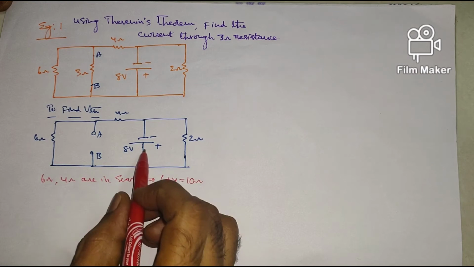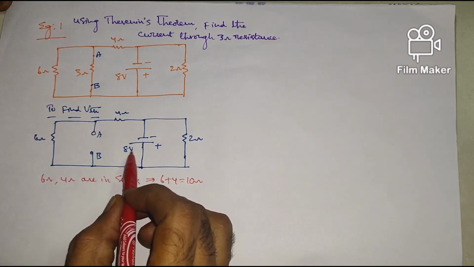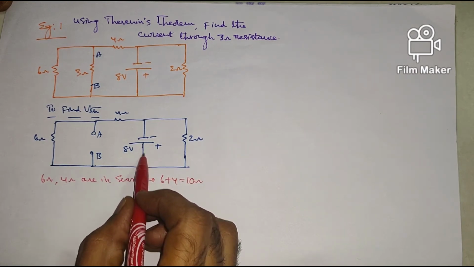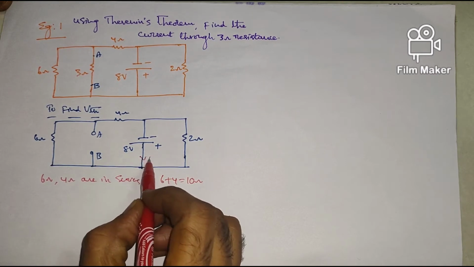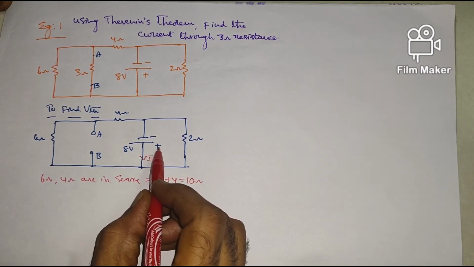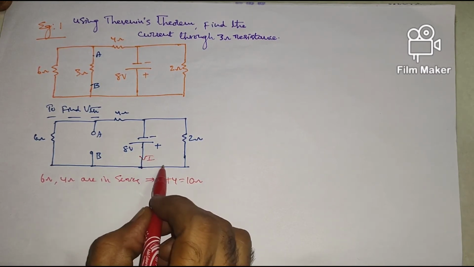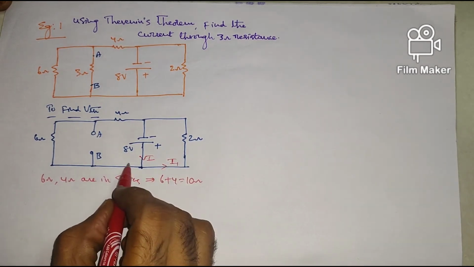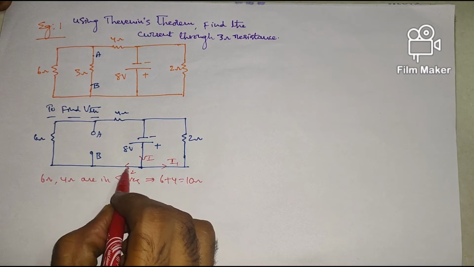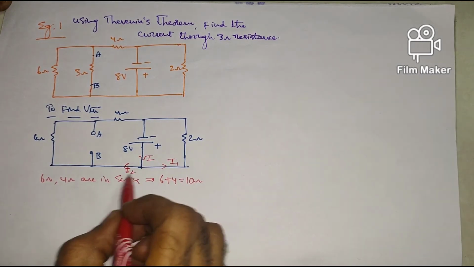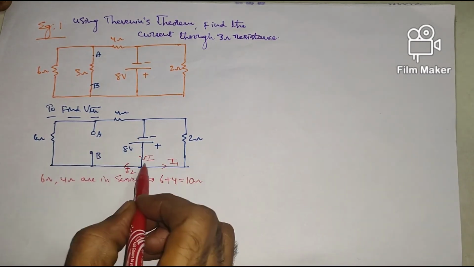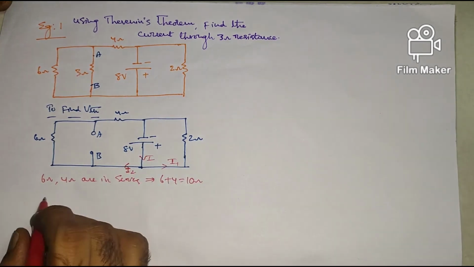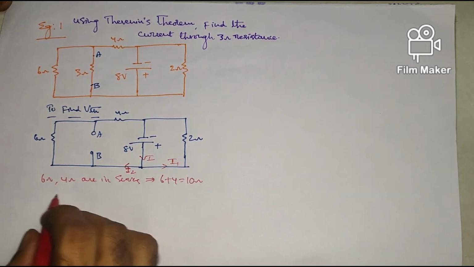And if you observe here, from the source of 8 volts, the total current will be coming in this way because this is the positive terminal, and this will be dividing into two currents, two paths. This is I1 and another one is I2. So these two are in parallel. This branch and this branch, these two are in parallel. Hence 10 ohms and 2 ohms are in parallel.